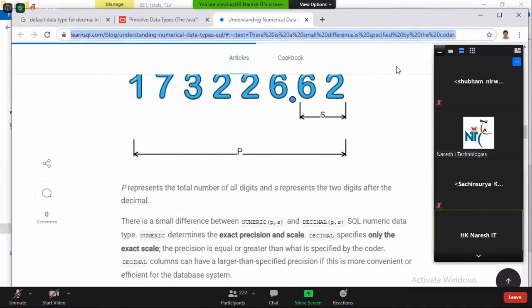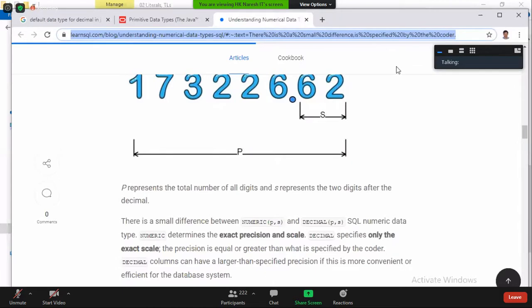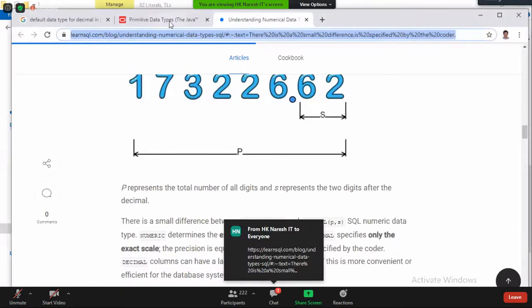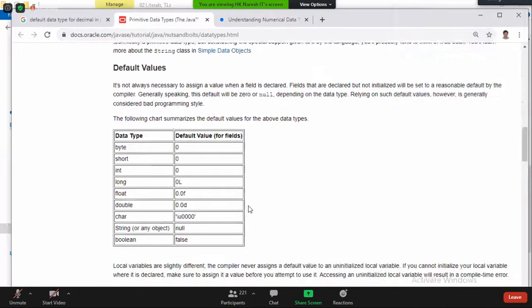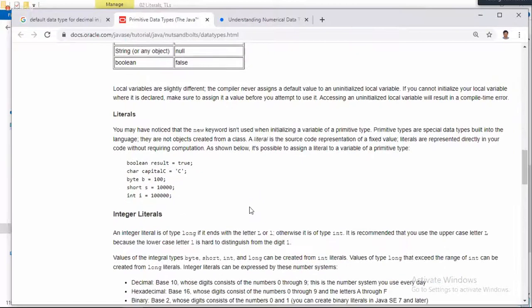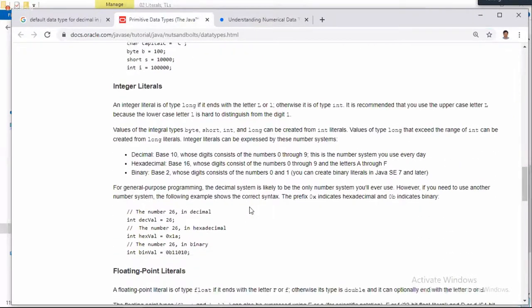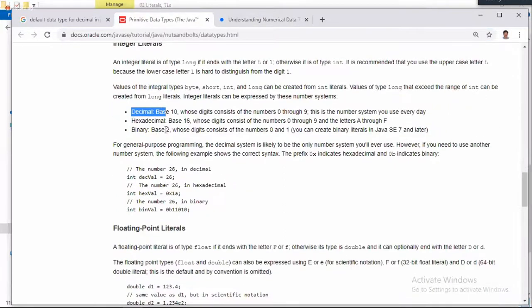Another article is also shared, and you can follow this too. Default values, literals, integer literals. Look here. An integer literal is of type long if it ends with the letter L or l.